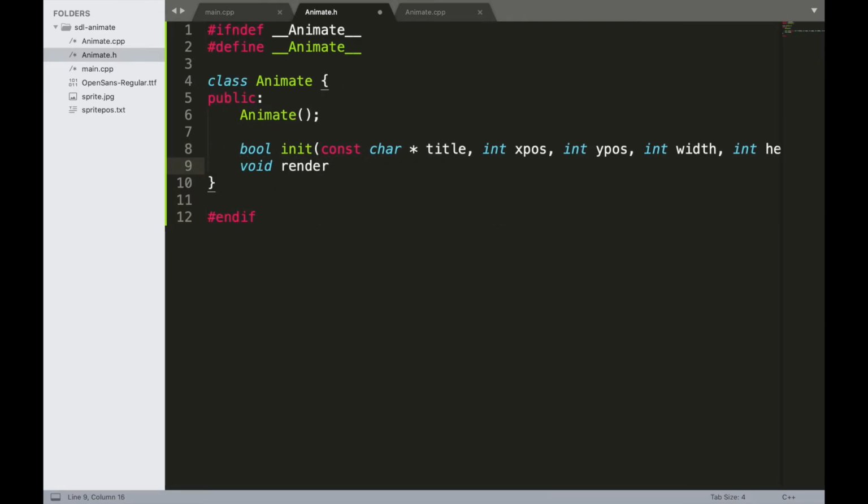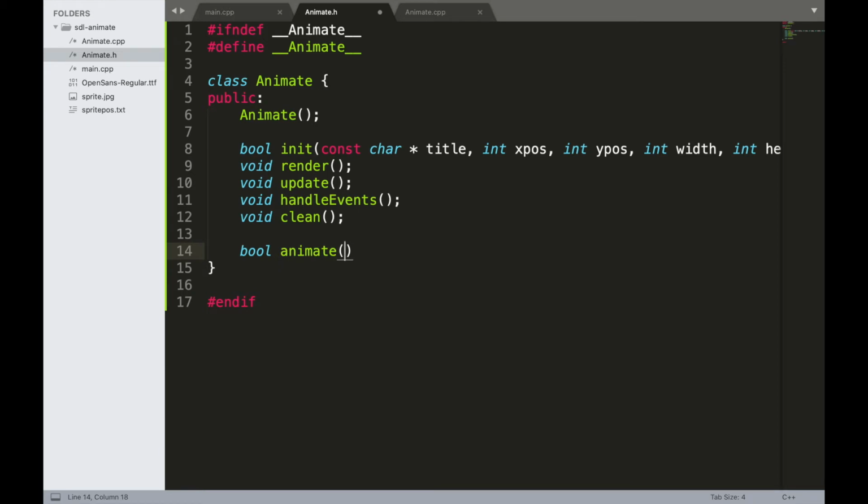It has render method, it has update method, it has handle events method, and it has clean method and animate method